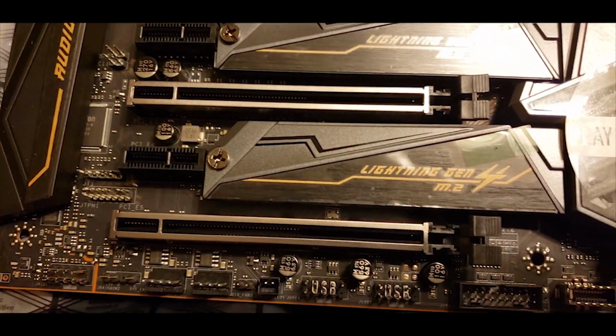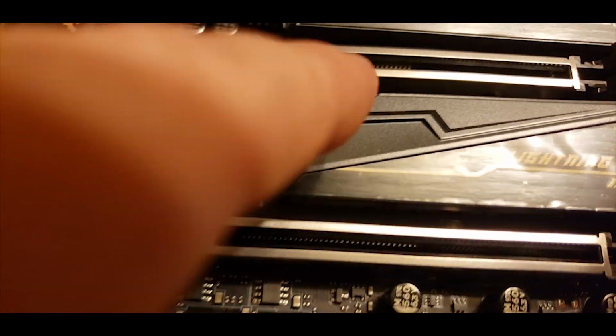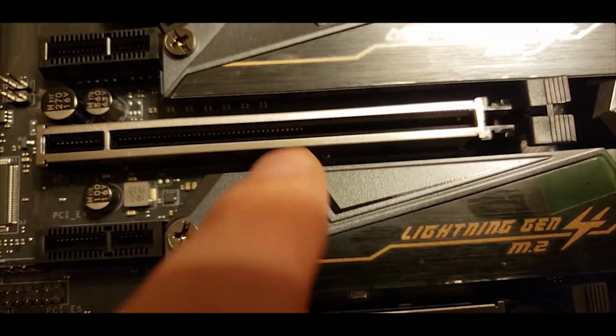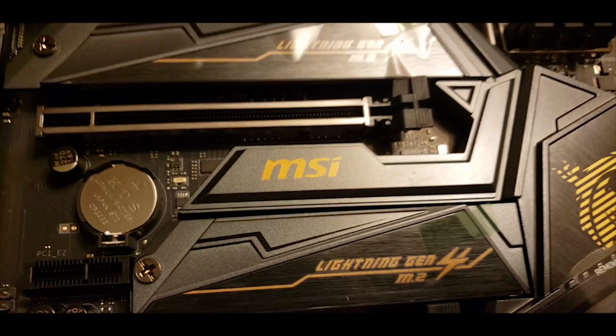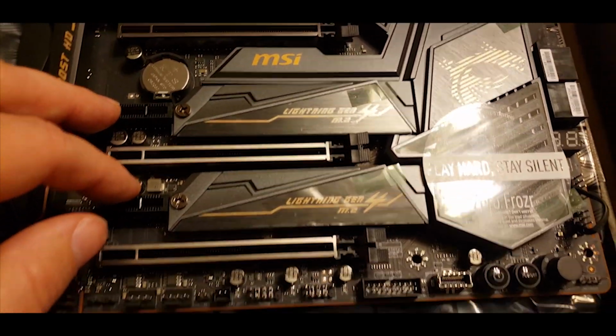I don't know if they all run at 16x or if the bottom one might run at 4. Actually, I think both these could be 4x. I'd have to look at the motherboard manual, but you can kind of see inside the teeth stop there. And again, they stop there, but up here, they're across the whole thing. So these are probably 4x slots. And then these are both 1x slots. So I don't know why they would have...